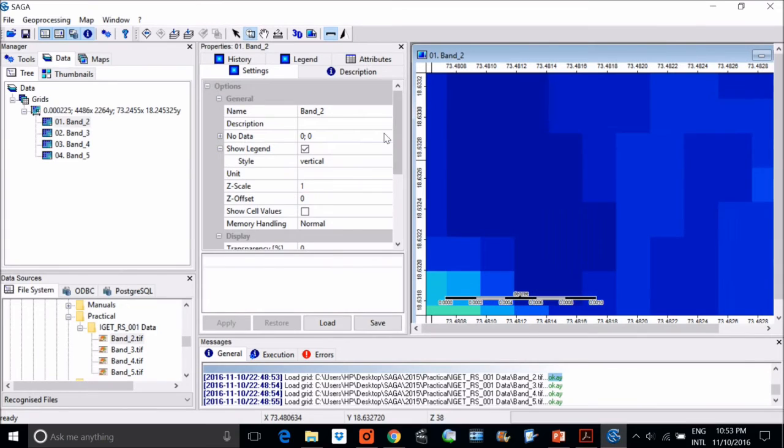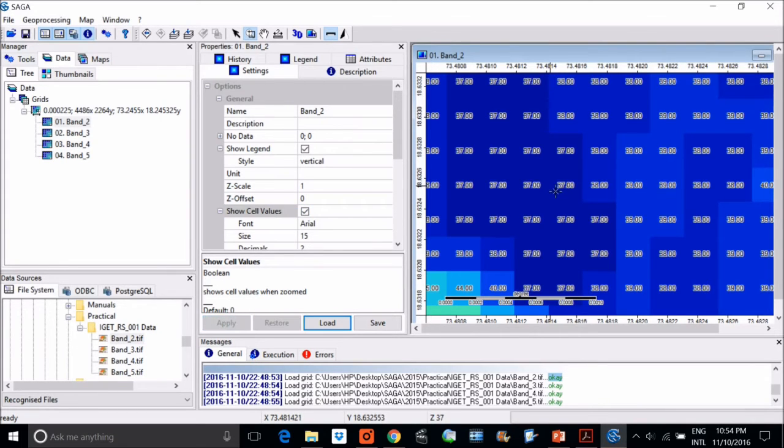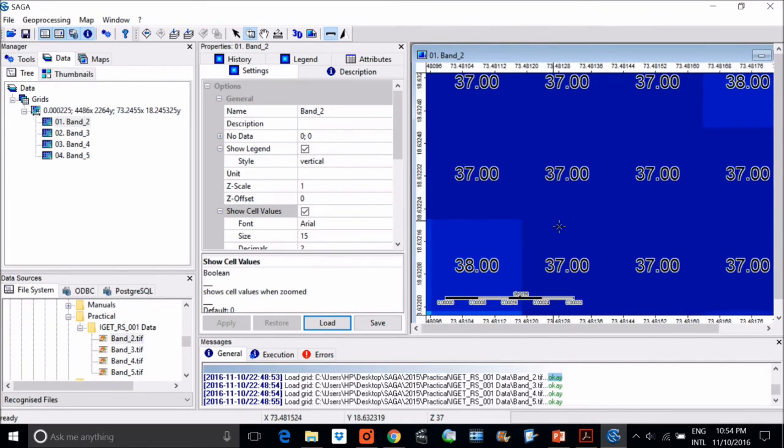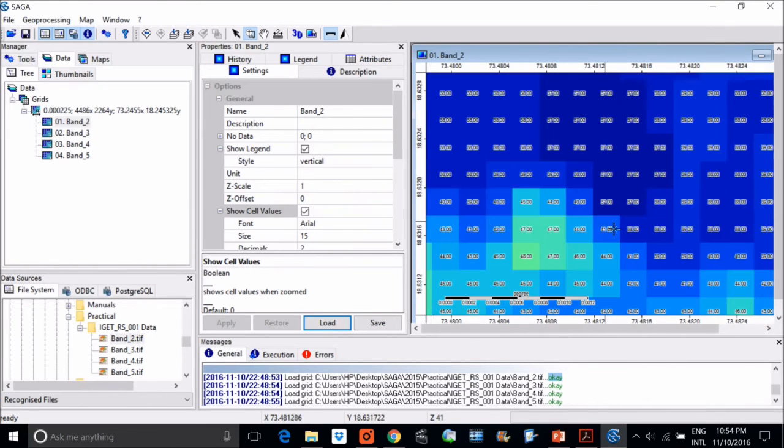What you can do is, there will be a field titled show cell values. So this is show cell values. Just click on this checkbox next to it and click apply. Just by clicking it, it will not work. You have to apply it. Once you apply, you will see that the pixels in the image are labeled with their digital number values. So these are the digital number values, right? The higher values being lighter and the lower being the darker, or the legend